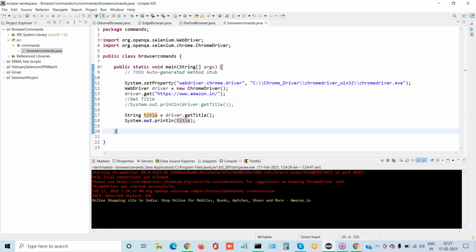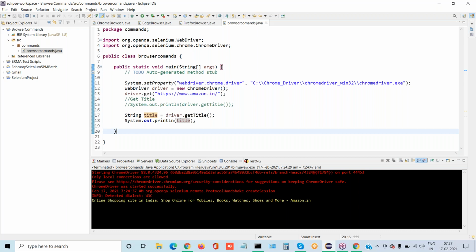This is why we learn core Java: this is the correct format. You need to write in the correct format, assigning everything into one title variable. I'm calling that title here, and in this title there will be driver.getTitle, which I'm printing with System.out.println.